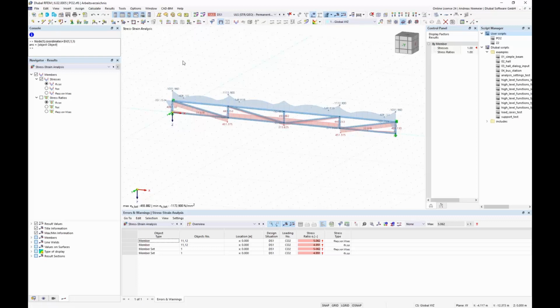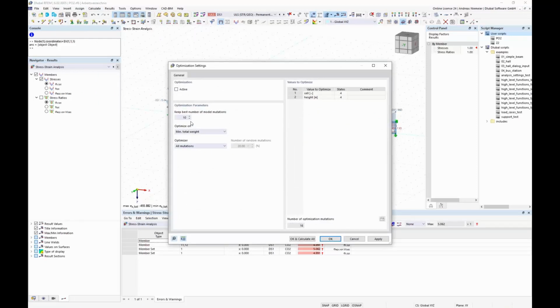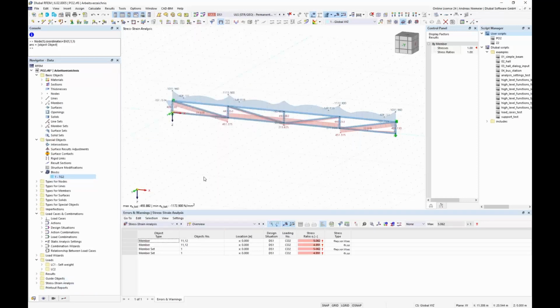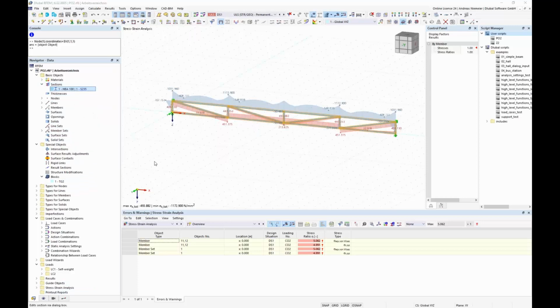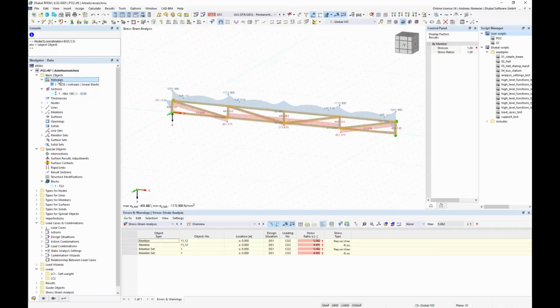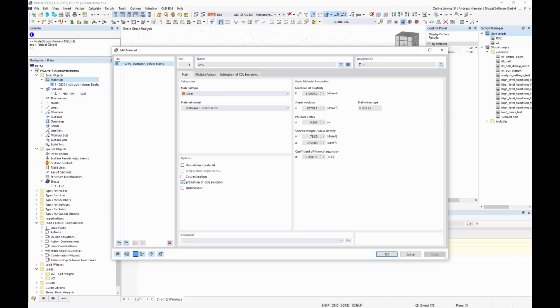And now if we run the optimization process here, maybe if you check here, you see we have at the moment only the cell and high parameters, and the question is how I can change cross sections and how I can, for example, optimize according to cost. You have to specify here below section, edit the optimization. So if we check this, the program knows it should optimize all AGAs in one row. And if it should optimize according to some costs, you will see you get here below the materials an option to activate a cost estimation and a CO2